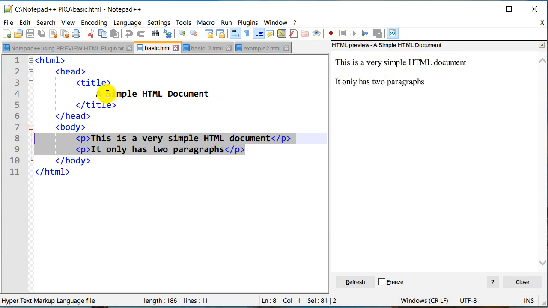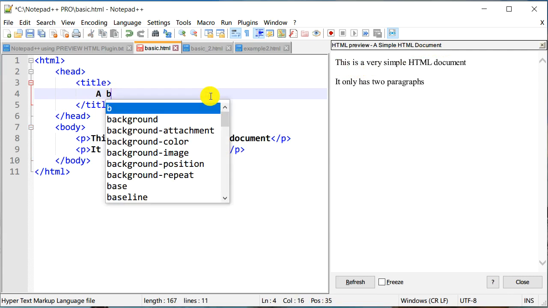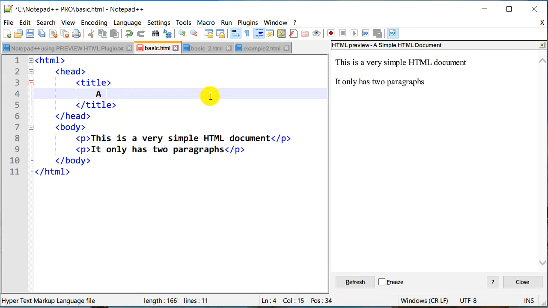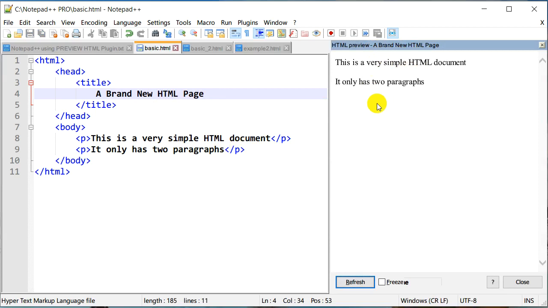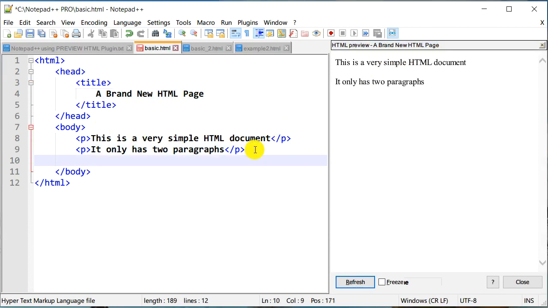If I make a change, let's say I'll make a change. And if I save it, I can refresh it, and now you can see that I just changed the title of my document. Any changes I make here will also appear.